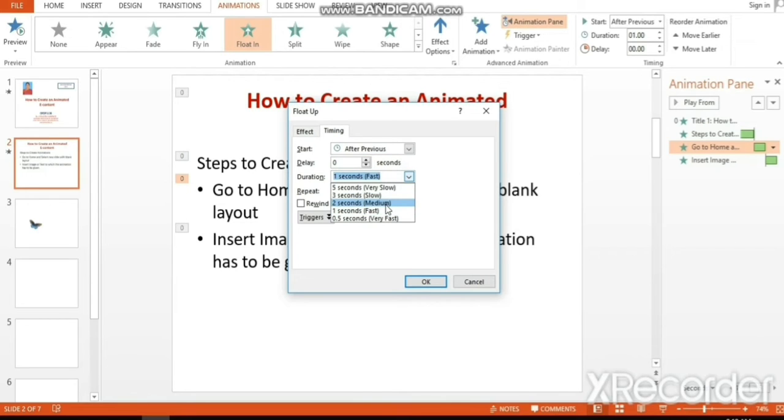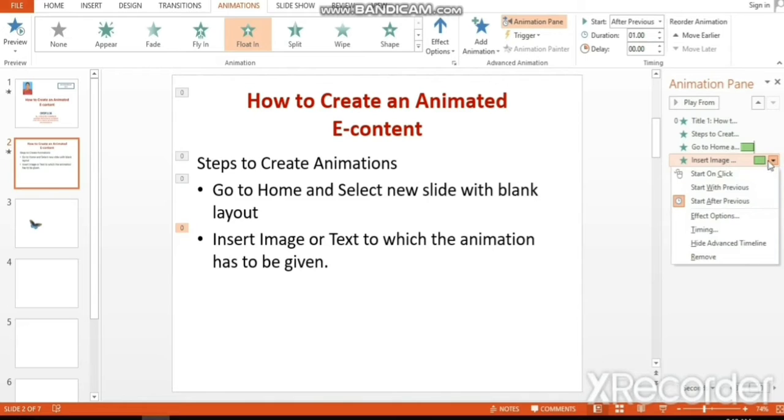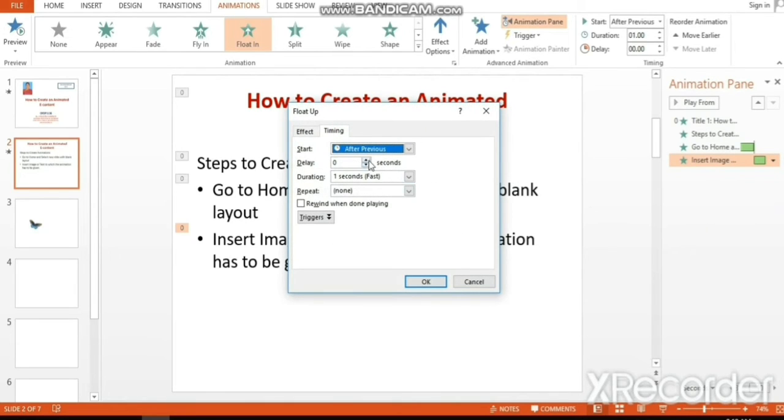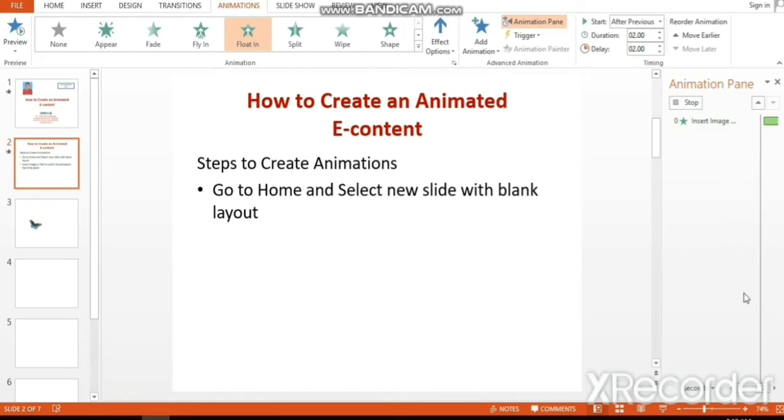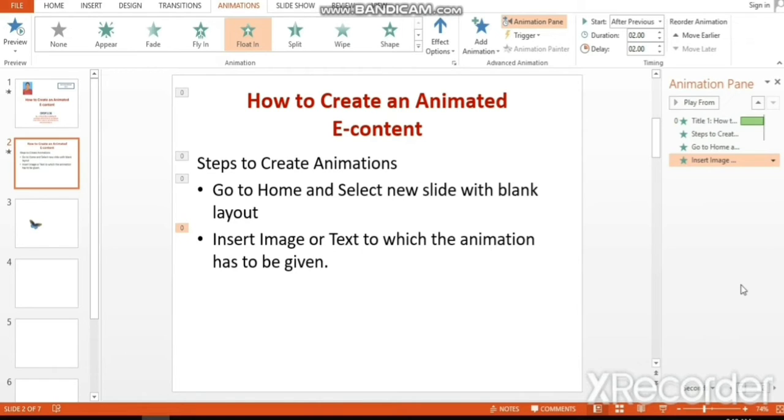One by one you have to do. So and then go to preview show. You will see the slide will appear with animations.